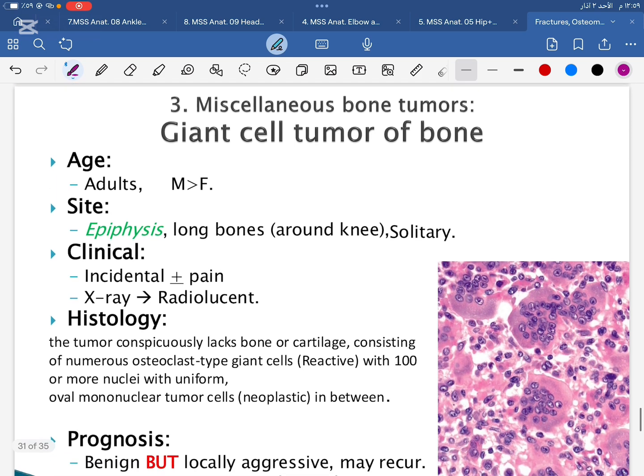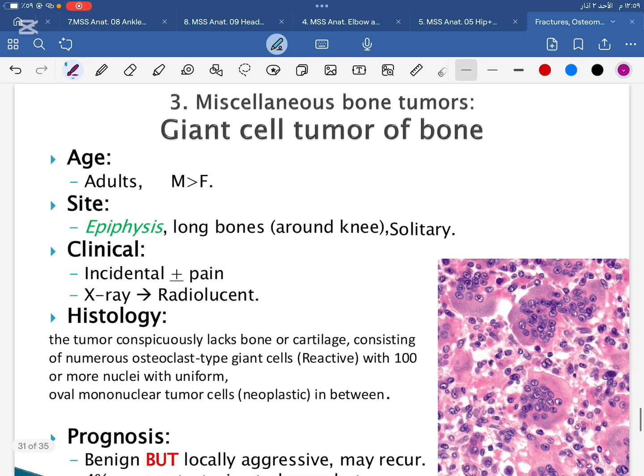مش عارفة ليش العناوين مش ظاهرة. This one احنا بنحكي عن